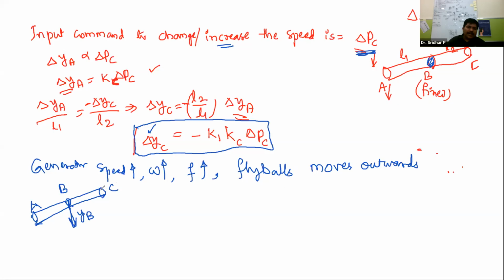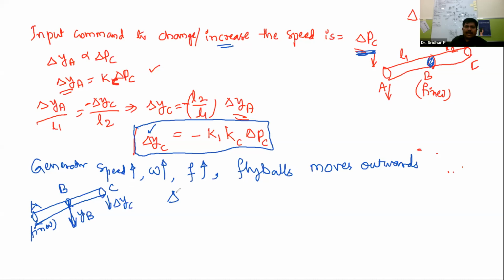Now in that case, I want to see the action of C, because C is a common point for the next rigid link. So let me assume this A as fixed now. This is the movement of C. Whatever the movement of C, it will also move in the downward direction only. It is very clear: if A is fixed and B is pulled in the downward direction, C also is pulled in the downward direction.